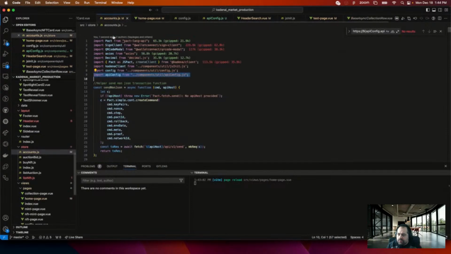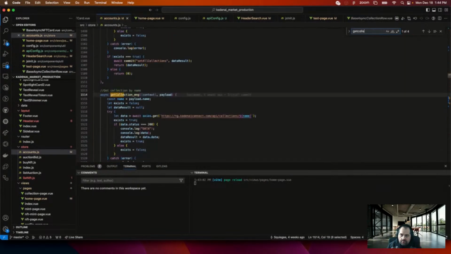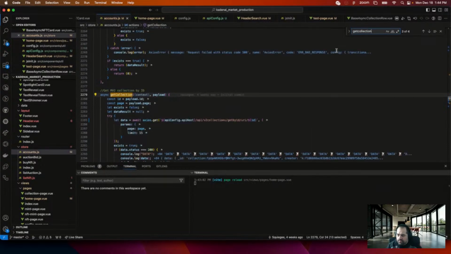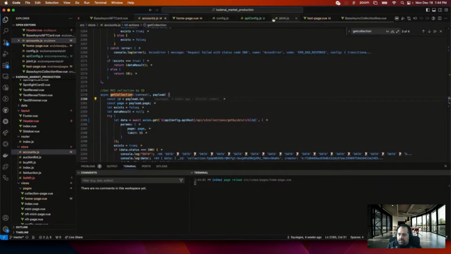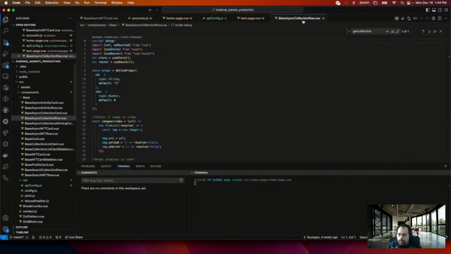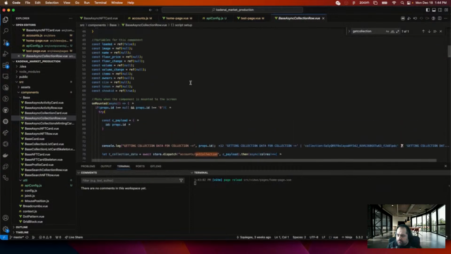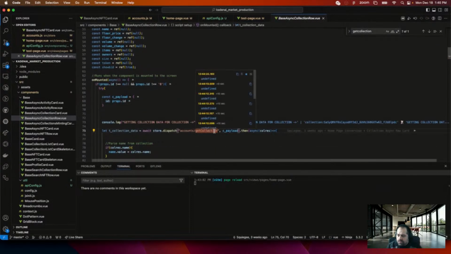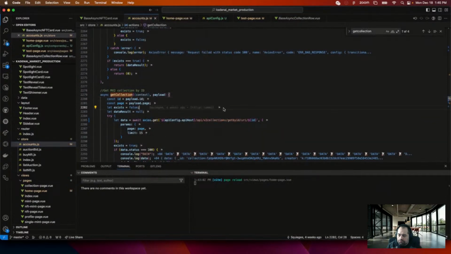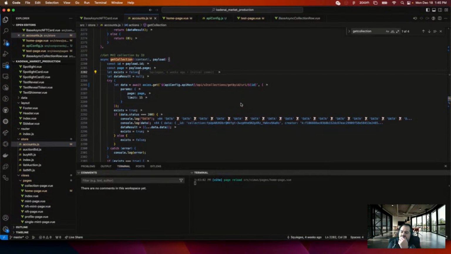And so it's an accounts/get collection. No, I don't think it's get. I think it's this one. Too many things open. Account/get collection. So it must be reading in a list of collections. Interesting.